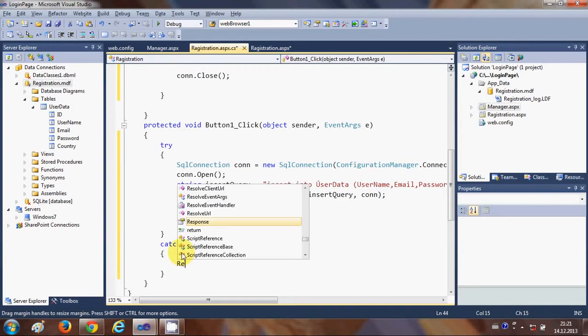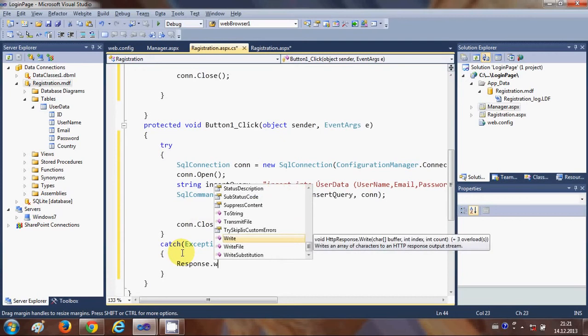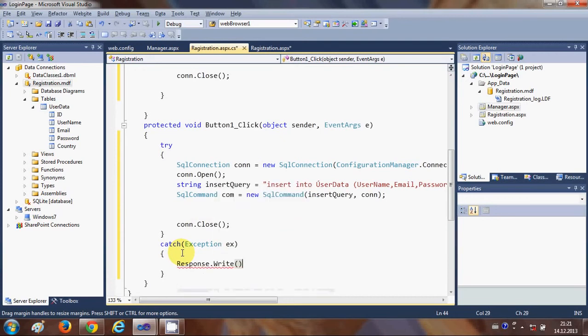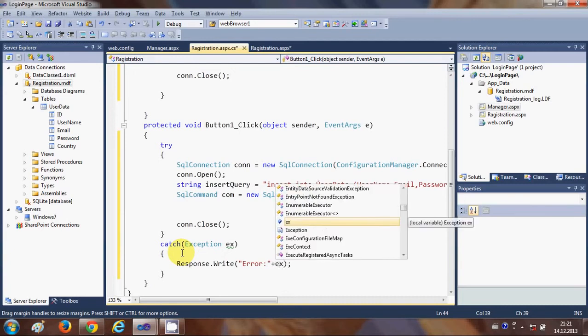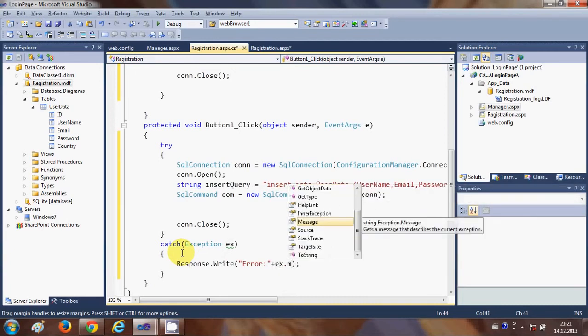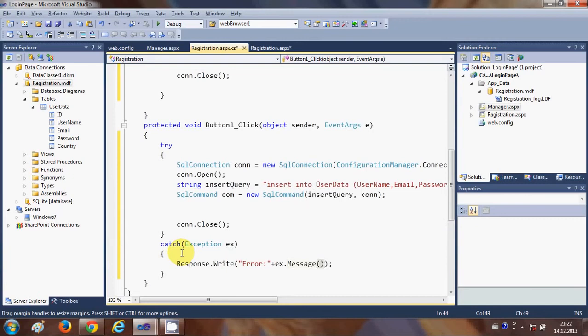and you can show the message, or you can write Response.Write, and in the brackets you can pass, you can say "Error" plus ex.Message. Okay, or instead of this message, just write ex.ToString. Okay,